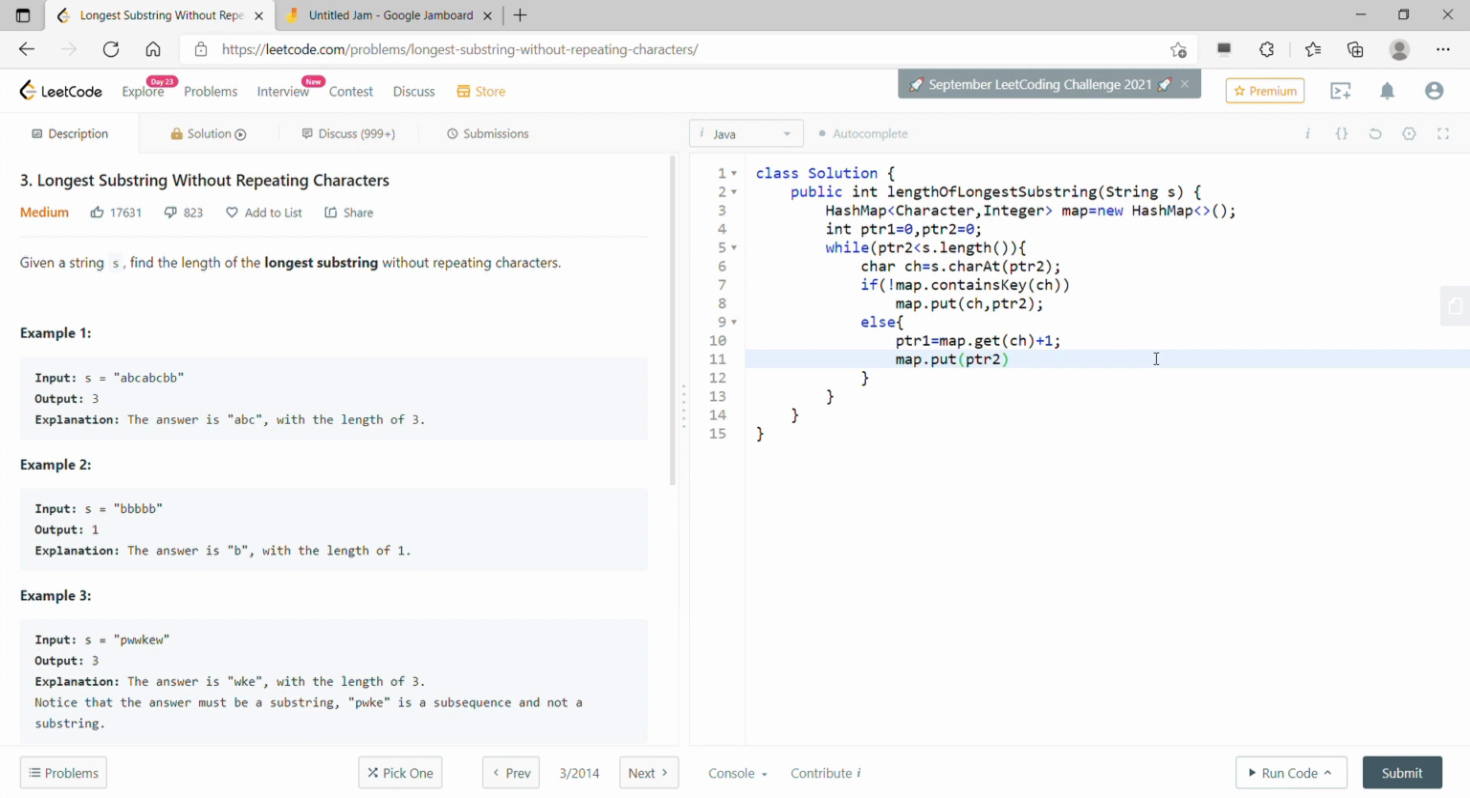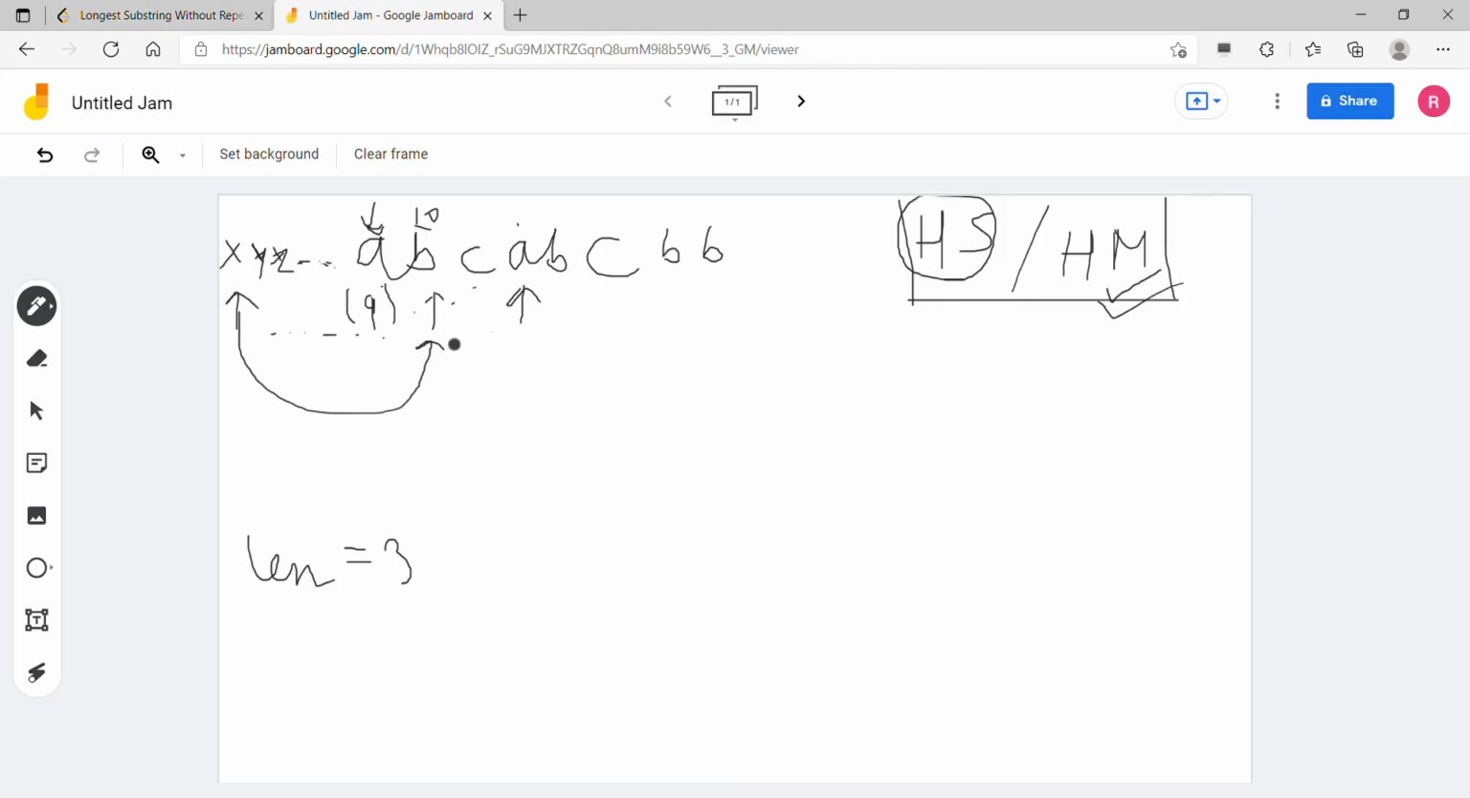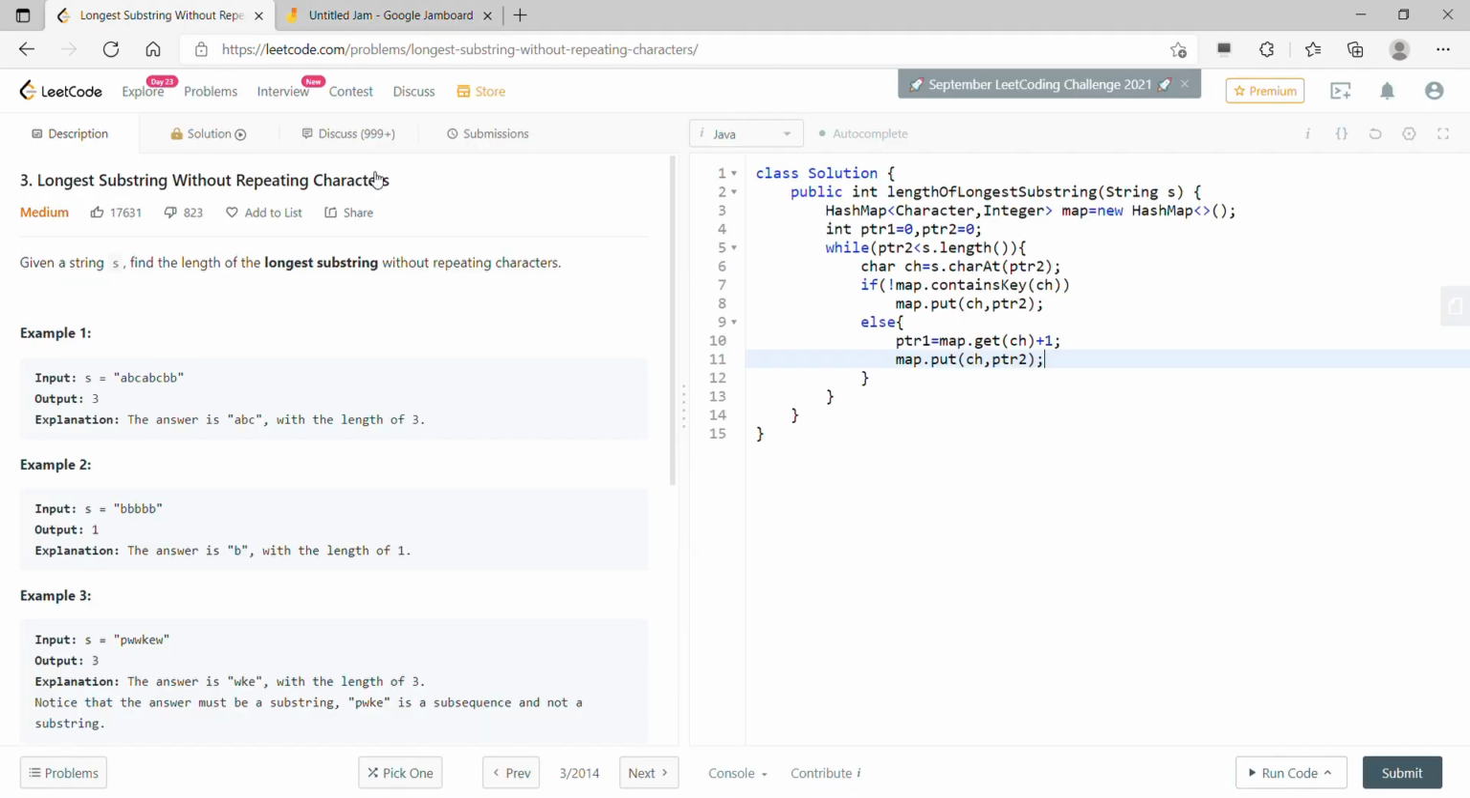Sorry, we can update these characters to its new position, that is pointer 2, because when I'm putting it out of the window, its new position will be whatever will be this one, not this one. This one is out of the window now, so this is the new character or the new index which we should consider. Okay, so this is done, and after that